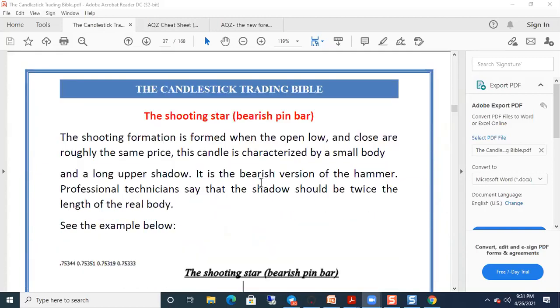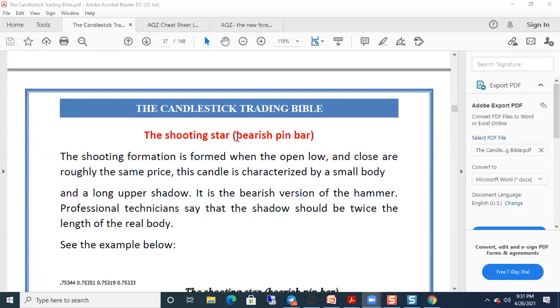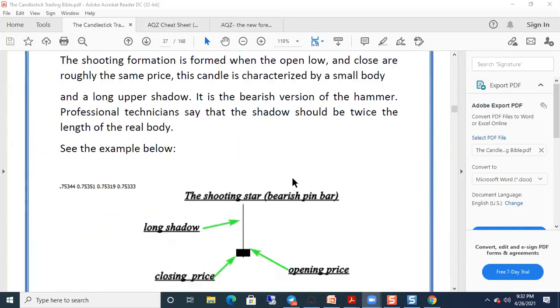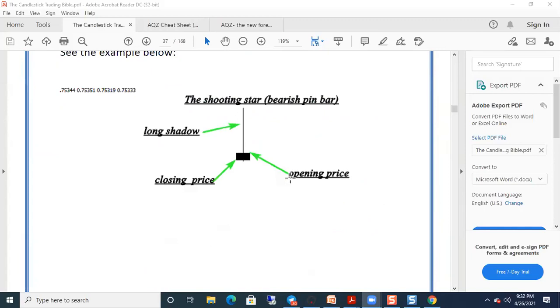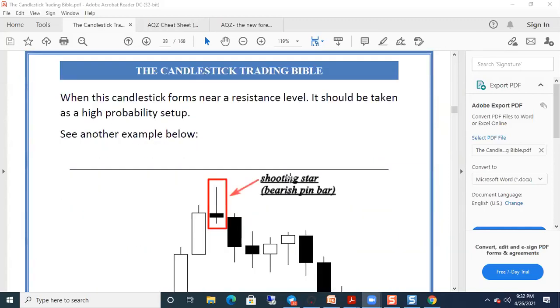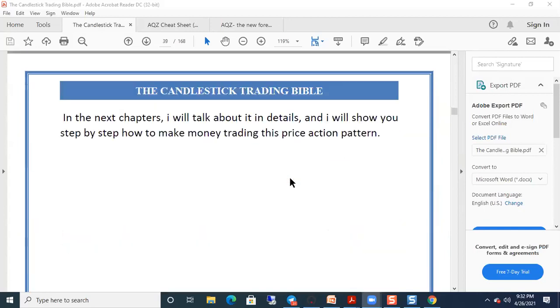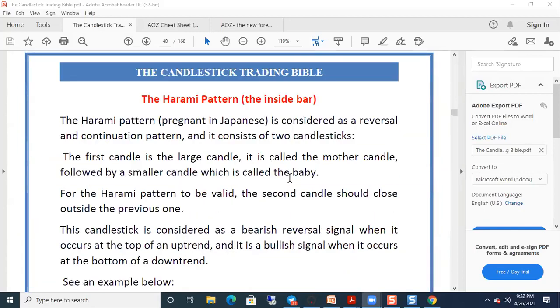The opposite of the bullish pin bar is called a shooting star. Basically, just call it a bearish pin bar. Just a bearish pin bar. And it's basically the opposite of a bullish pin bar. So we don't need to explain this again. Let's move on. Now, the next candlestick pattern we'll be discussing is called the Harami pattern, and that is the